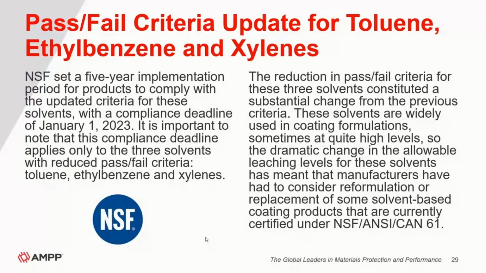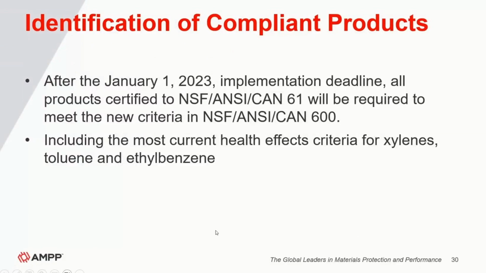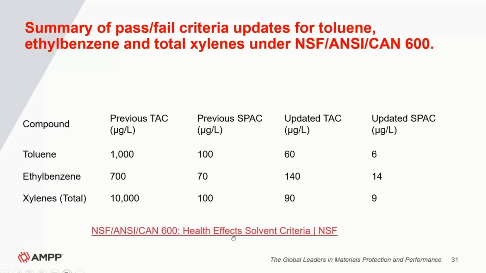So the dramatic change in the allowable leaching levels for these solvents has meant that manufacturers have had to consider reformulation or replacement of some solvent-based coating products that are currently certified under CAN 61. After the January 1st, 2023 implementation deadline, all products certified to CAN 61 will be required to meet the new criteria in CAN 600, including the most current health effects for xylene, toluene, and ethylbenzene. So basically, what has happened